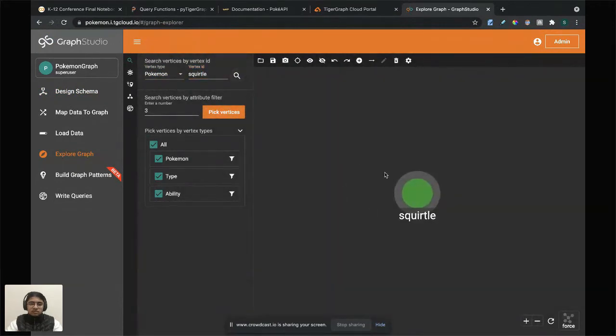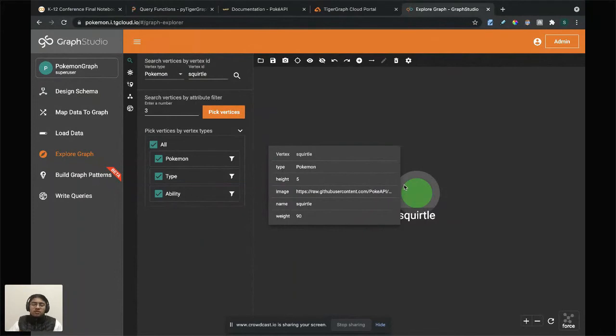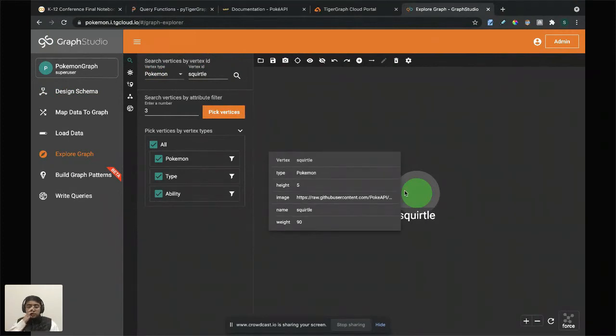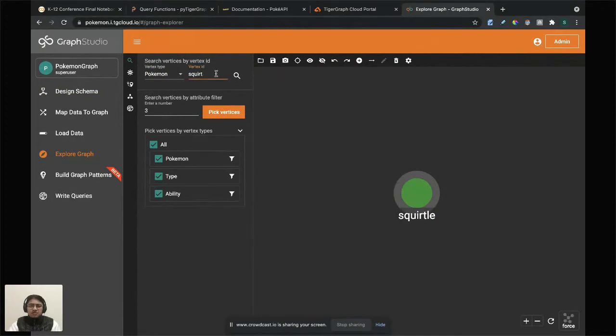Search. Now you can see Squirtle is of type Pokemon. Its height is 5. Its image is the URL. Its name is Squirtle, and its weight is 90. Something else you might want to notice, which is just kind of cool, is that if you look at any